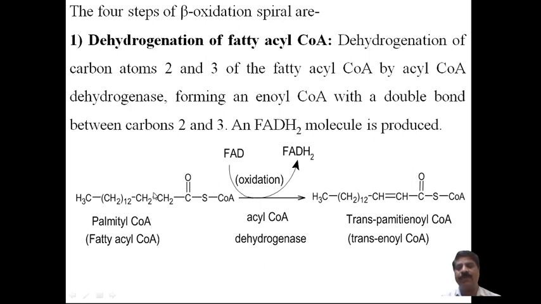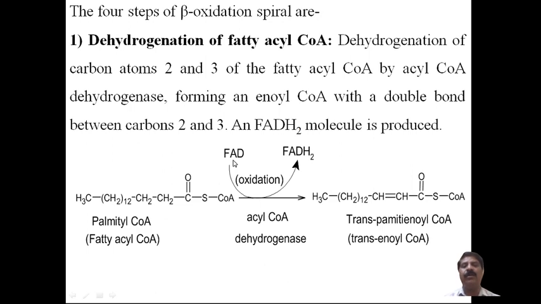Therefore, here 16 carbon atoms will be there. It contains this is the 12, 13, 14, 15, and this is the 16th carbon atom. Therefore, 16 carbons. It is called palmityl coenzyme A, and it is treated with